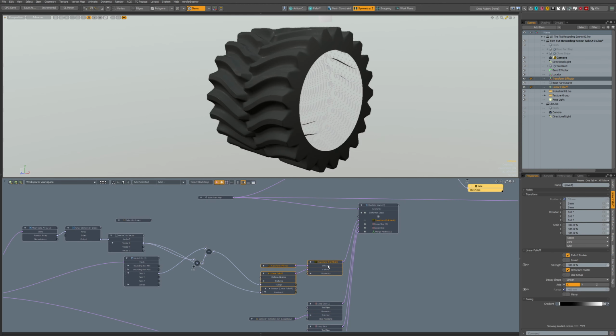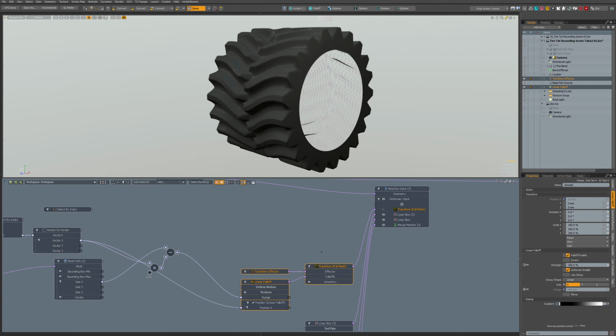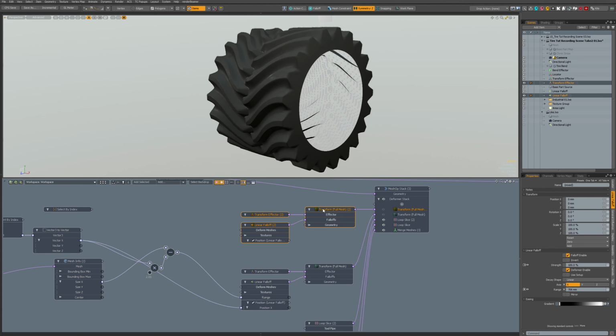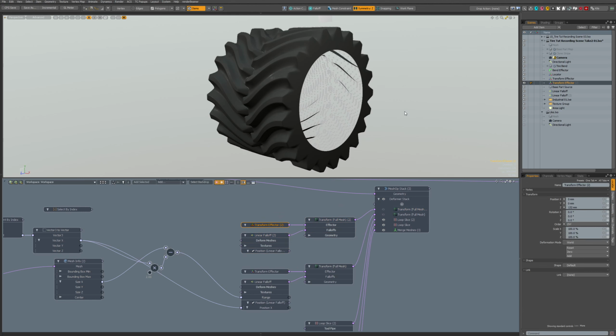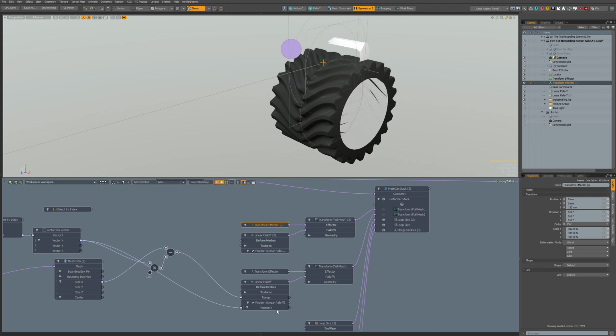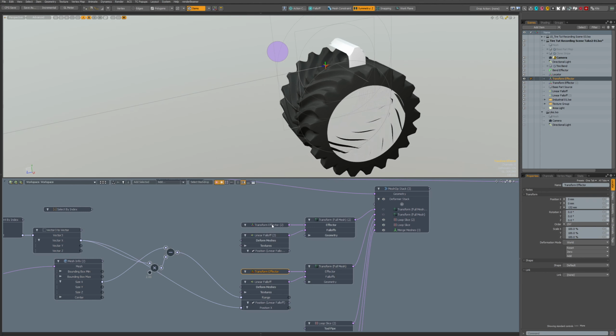Actually, this can be here. So let's duplicate this and hope it doesn't break anything. No, it didn't. It still stays somehow. It's still working.